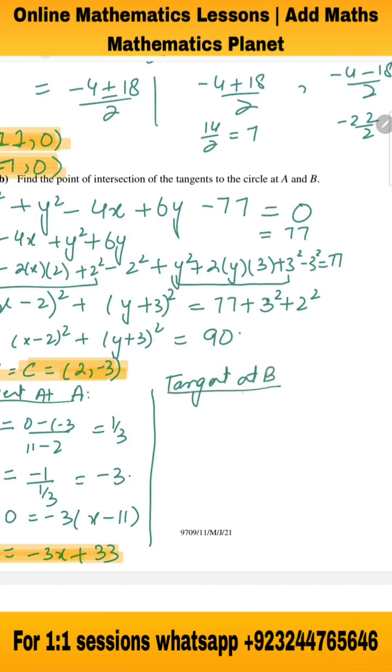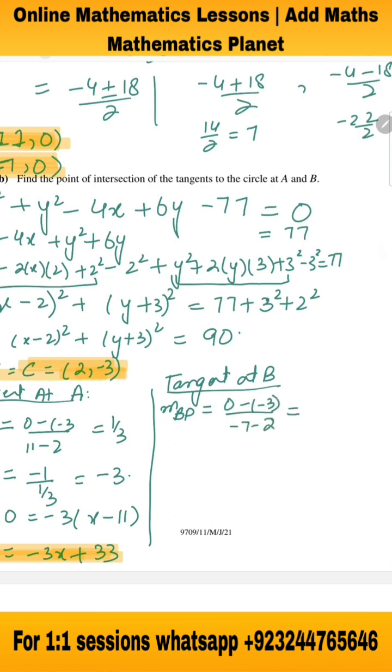For B, we are going to take the point B. So the measurement of BP from center to P would be (0 minus minus 3) over (7 minus 2), which is equal to plus 3 by 9, which is equal to minus 1 by 3. So the measurement of the tangent at B is equal to